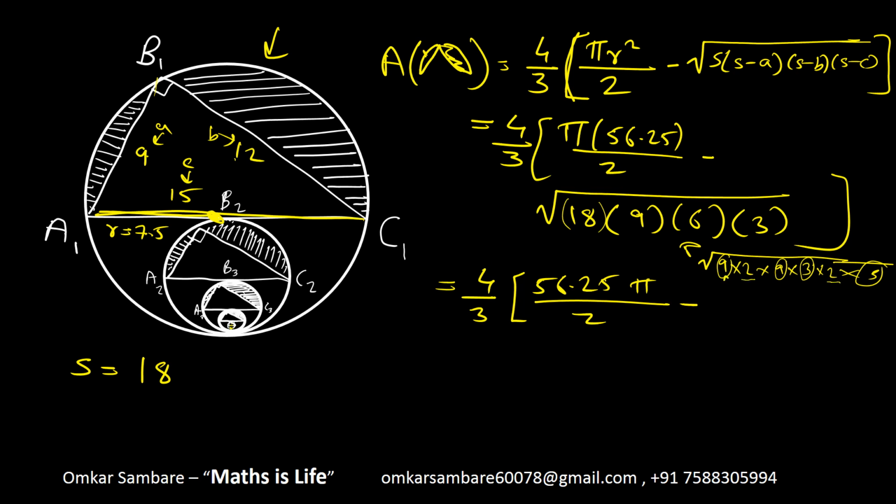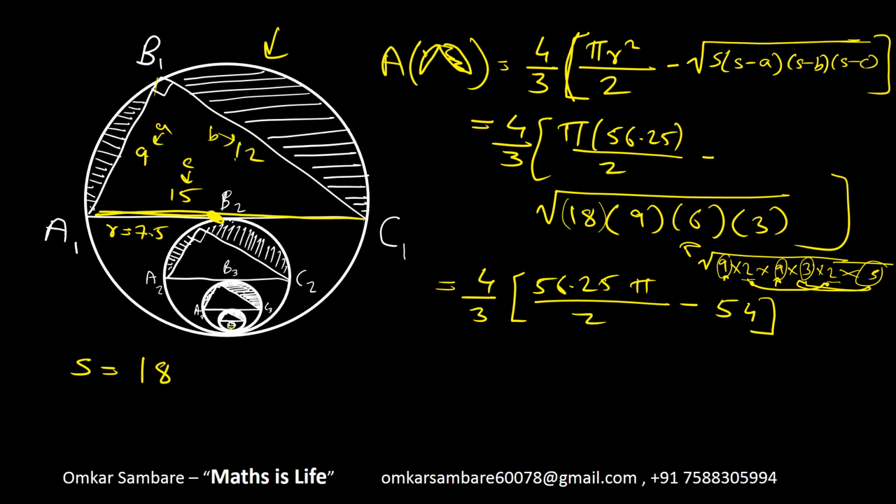So for this 9 we can take 3 outside. For this 9 we can take 3 outside. For this 9 we can take 3 outside. So 3 into 3 into 3 is 27. So we can take 27 outside. And here is 2 and here is 2. It is 2 into 2, 4. So 27 and also this 2. There are two 2's, so we will take only one 2 outside. Okay, so 27 into 2 is 54. So the answer of this square root will be 54.